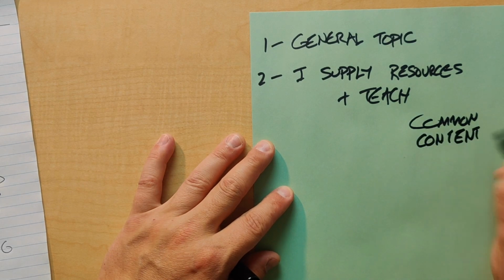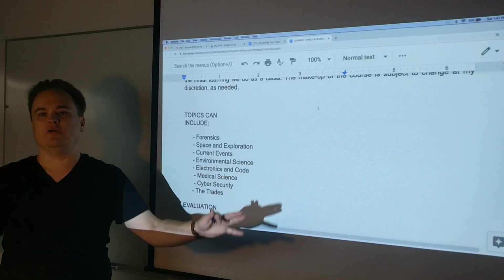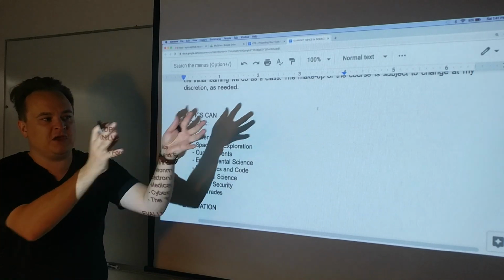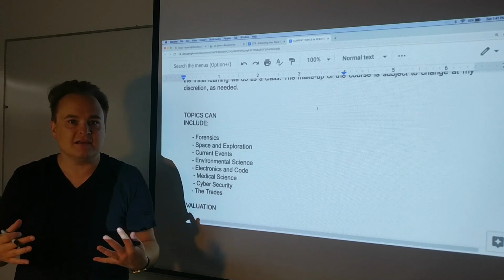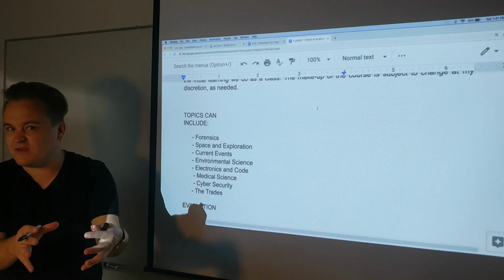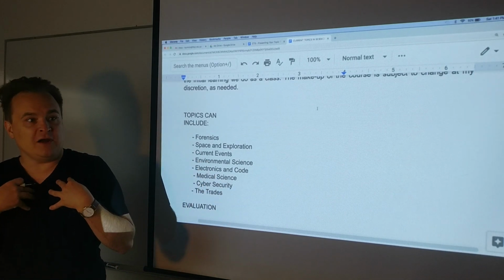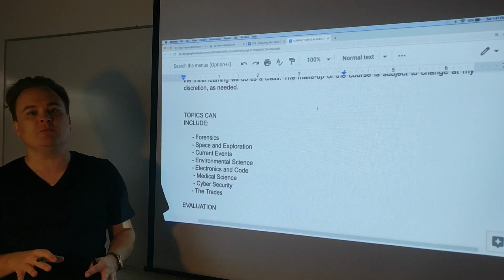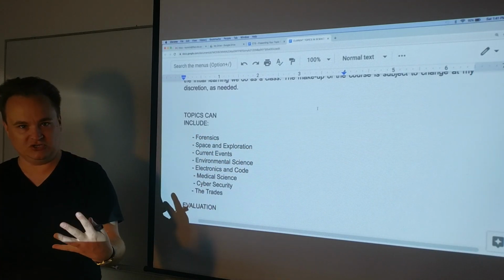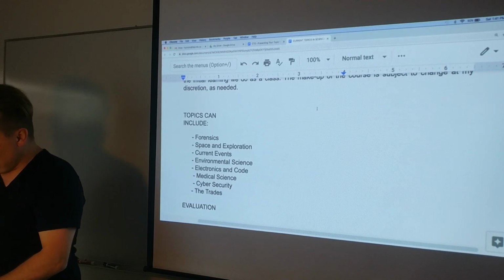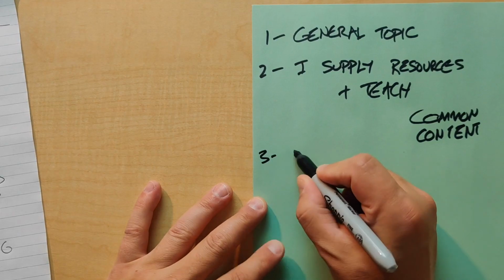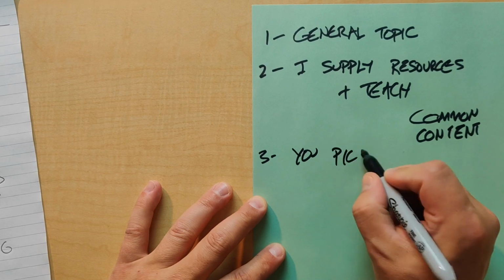Common content. That's the set. So as a class, we all know this, because when you go into the next part and you pick your own subtopics, not everybody in the class is going to know that stuff. But the first stuff of every unit, the resources I provide, that is something we will all be comfortable with, and we'll all be able to speak that language. So that'll be something general, common content, right? Step 3, you pick